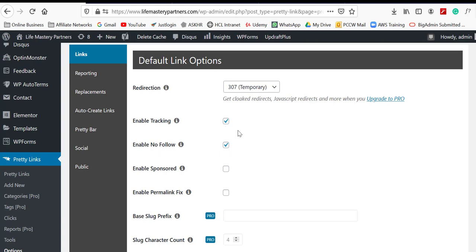By default they will be checked. Enable tracking helps us to show the statistics of our affiliate links, such as the number of clicks and unique clicks. Just now we saw this, right? Whereas the enable nofollow option tells the search engine not to index and rank the outbound link.